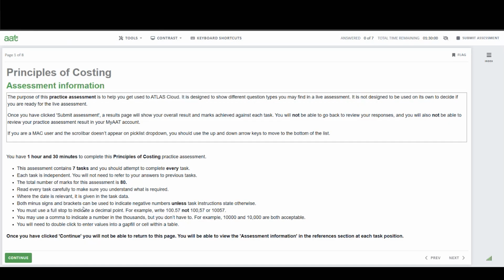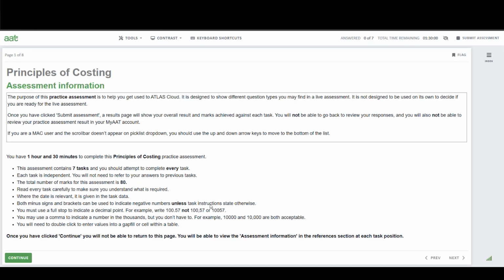It tells us that both minus signs and brackets can be used to indicate negative numbers unless the task instructions state otherwise. Always look out for these additional instructions with regards to number formats. They are very important. It tells us that you must use a full stop to indicate a decimal point, and you can, if you wish, use a comma to indicate a number in the thousands. However, you don't need to do that, it's up to you. And then it just tells us that we need to double click to enter values into a gap fill or